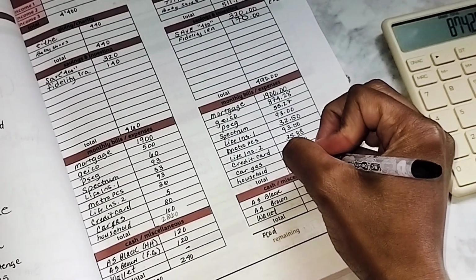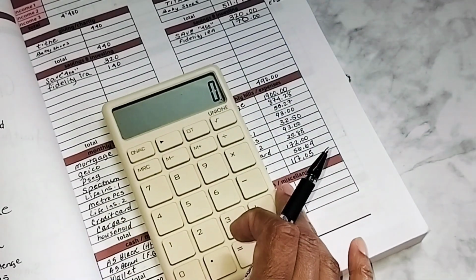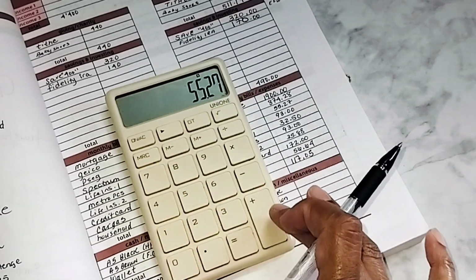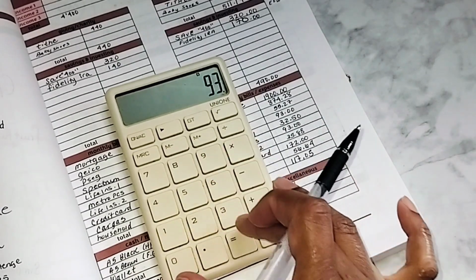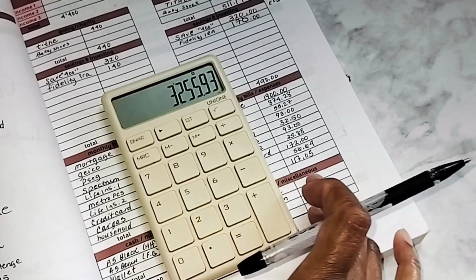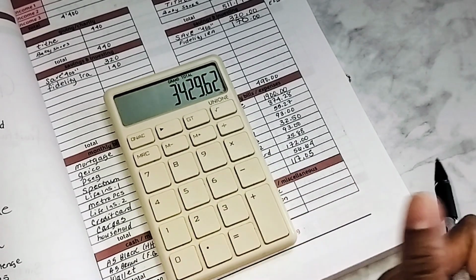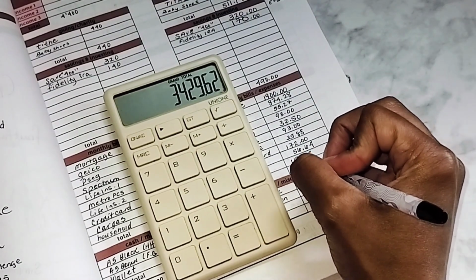Car gas came under budget, surprisingly, and we were at $56.64. And for household, we were over budget. We spent $117.05, and that brought our total monthly bills and expenses to $3,429.62. So I think that some of the things that helped us in the month of March was, one, staying